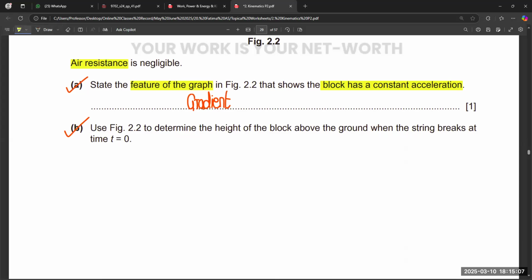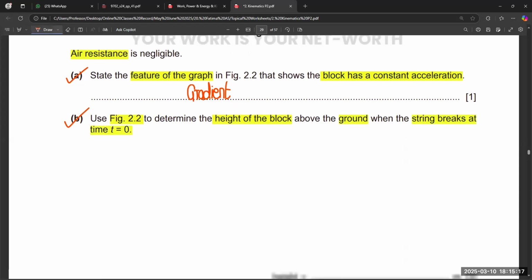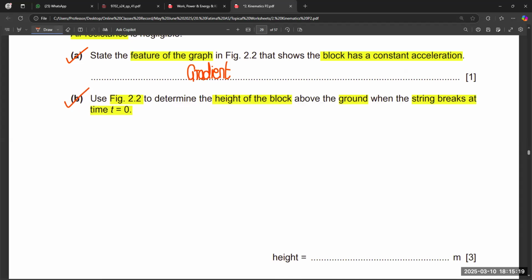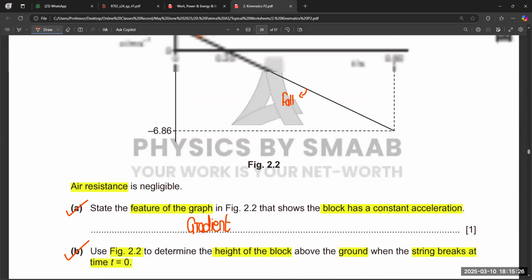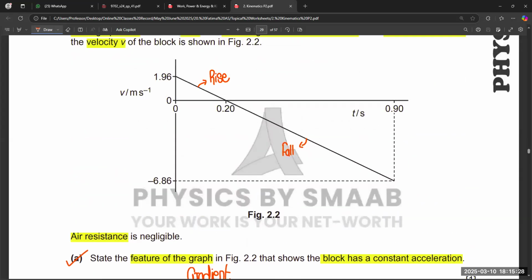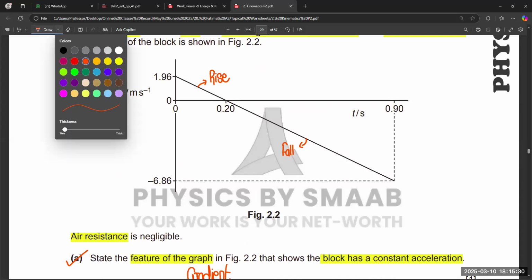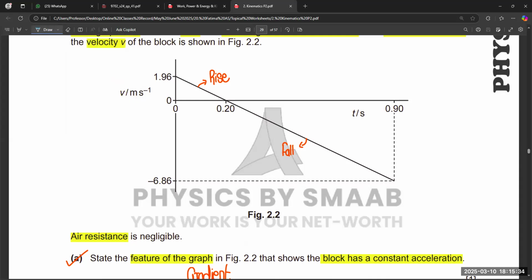And the second part: use figure 2.2 to determine the height of the block above the ground when the string breaks at time t equals 0. So we need to find the height of the block above the ground when the string breaks at time t equals 0. We have two types of representation given in the question. The first one is